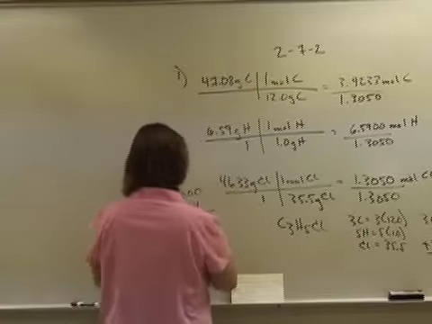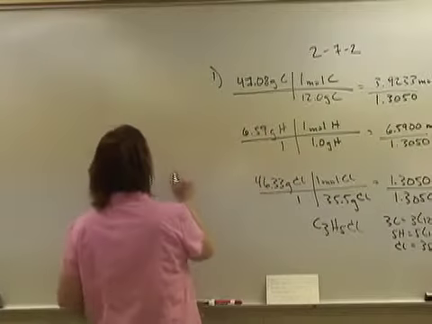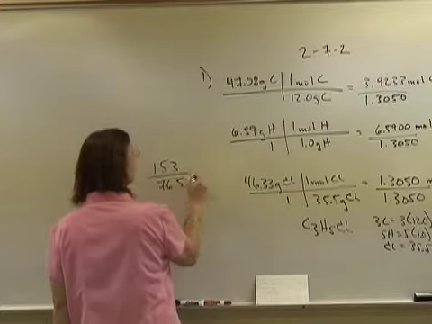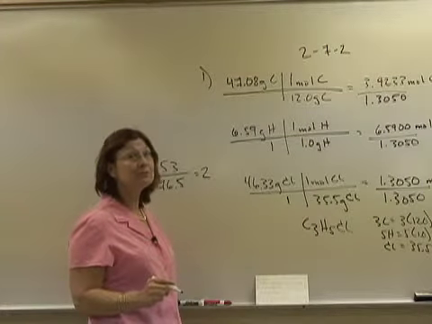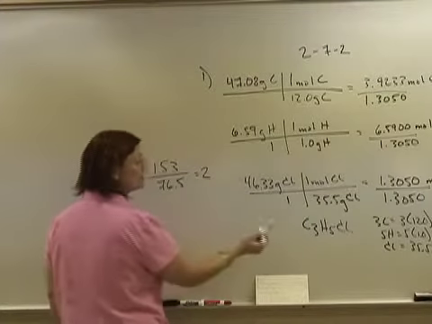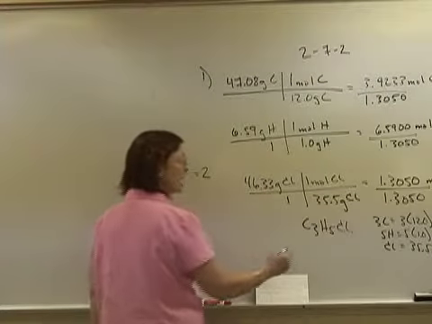And then I take the empirical mass and divide it into the molecular mass, and it goes twice. And that will always be a whole number. If it's not a whole number, you might want to recheck your numbers. Therefore, I'm going to multiply my empirical formula through by 2, and I get